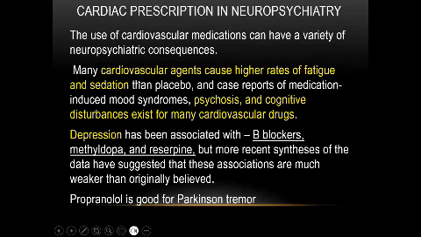Now we will tell you the impact of neuropsychiatric drugs on the heart. Many cardiovascular agents themselves can produce fatigue and sedation, and medication-induced mood syndromes like psychosis and depression. Depression is associated with beta blockers, methyldopa and reserpine. And of course, propranolol is good for Parkinson tremor. So many of your cardiovascular agents may produce neuropsychiatric problems, but the one drug which will relieve a Parkinson tremor